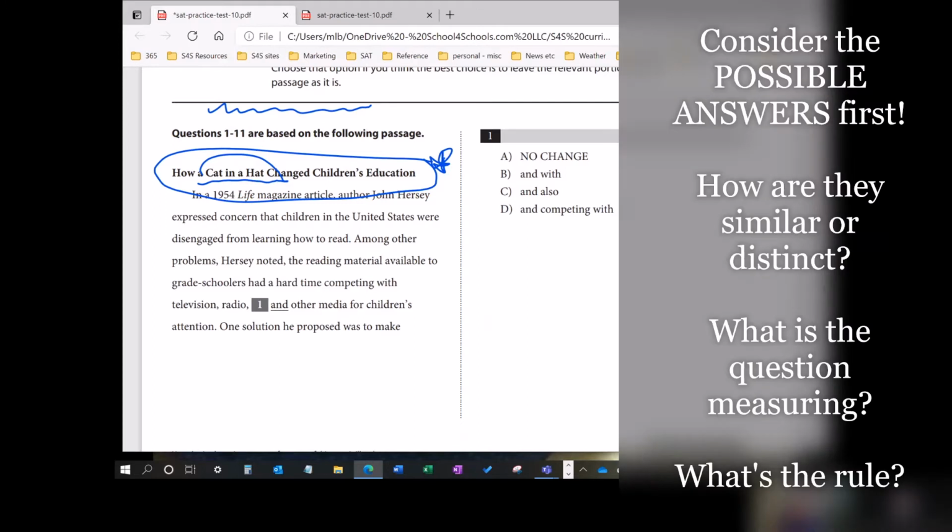Now, as opposed to the reading, where I don't want you to preview the possible answers, on the writing, I want you to preview the possible answers. Wherever possible, read over the first one into the A here. So this would be, and by the way, pay attention to punctuation. That is or is not underlined, so it's just "and." So I like to put it there. That helps me not get confused, because when I read this, that's prejudicing my mind towards A because I'm reading it the way A is. Now, that can be good too, because if A is blatantly wrong, you feel it. But with this test, I want you to be able to identify the rule. Why is